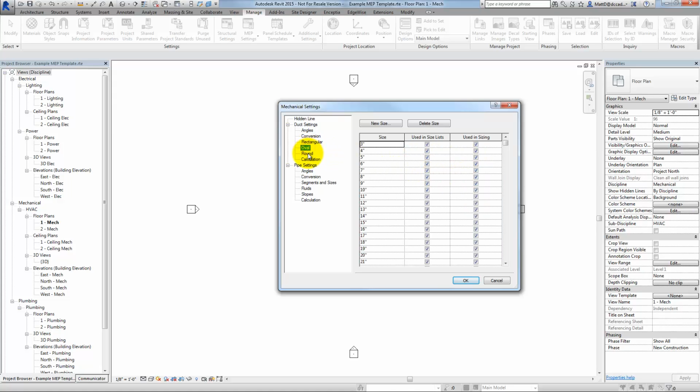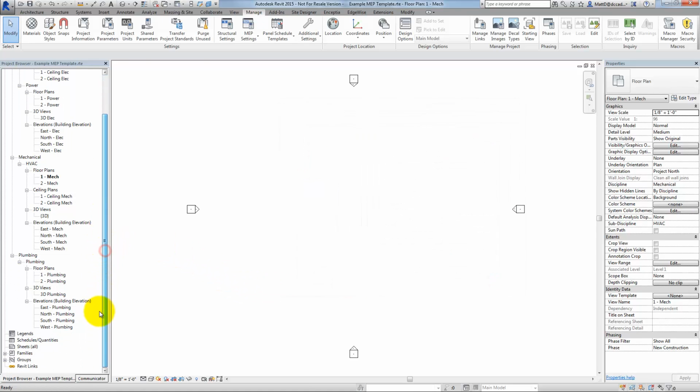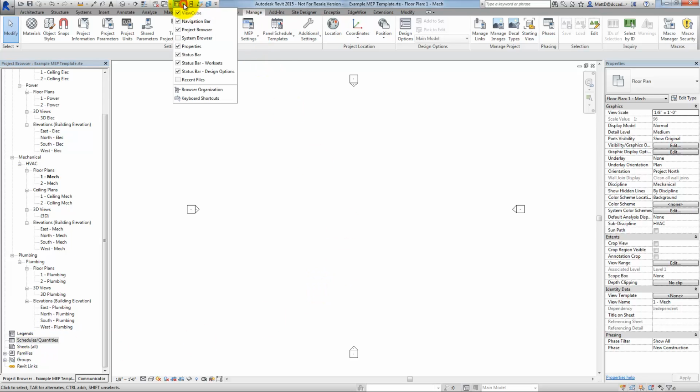You'll notice it for rectangular, oval, and round. All of these duct sizes are still listed, available in the size lists as well as in sizing. Additionally, there are no schedules in this template, and schedules are one of the things that you can standardize in Revit. Now if I toggle over to my other project,